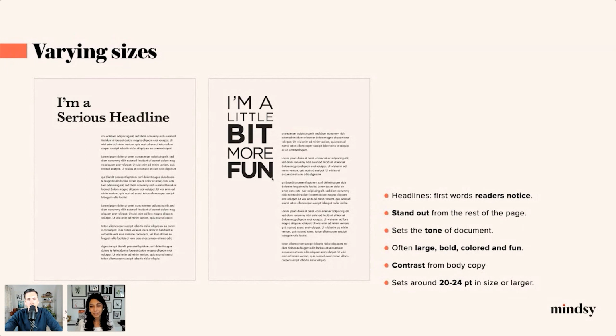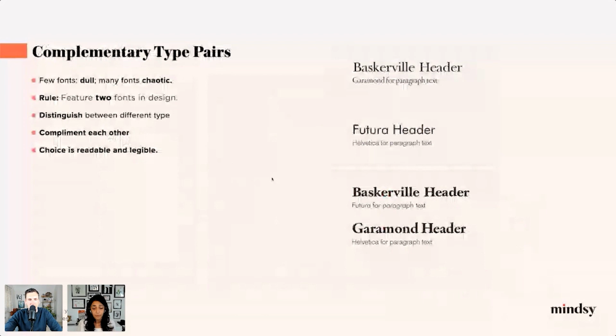So I generally see 20 to 24 points, but sometimes if I want the dramatic, I go more like 190, 180 points too. It depends on the design. There are no rules. I mean, there's some rules, but you can break the rules. If you know the rules, you can break the rules. Yes, for sure. And I'll show you how we are breaking. I have an example here coming up.